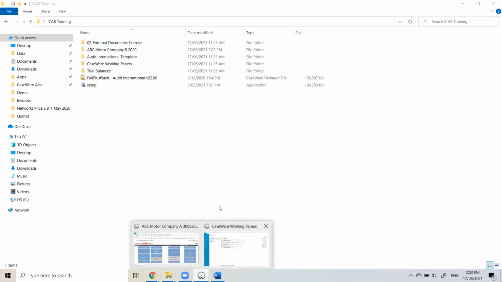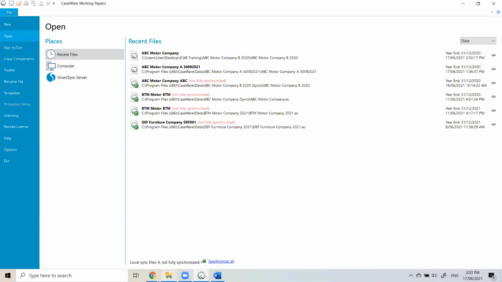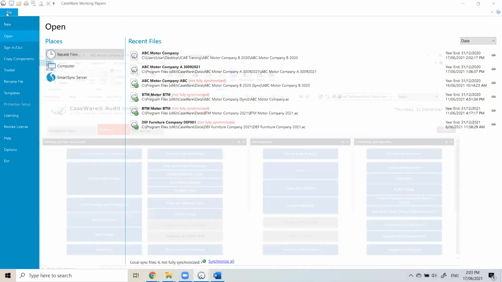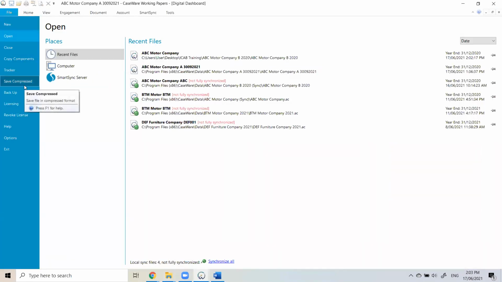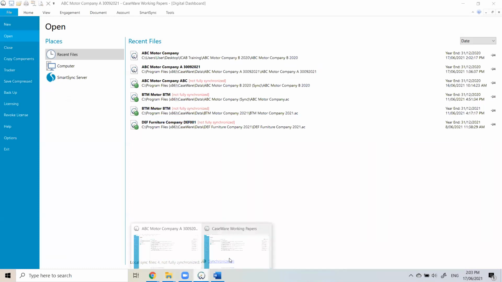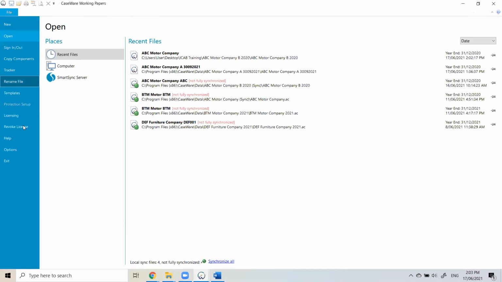And that is through the File Save Compress feature. So under File, if it's open, it will have Save Compress. If it's not opened, you will not see the Save Compress option. So this menu that you see here will show you different options depending on the situation. It's smart enough to know you have the ability to compress something or not. Okay. Another question, if I'm sending this to the reviewer, yes, your reviewer will need to have